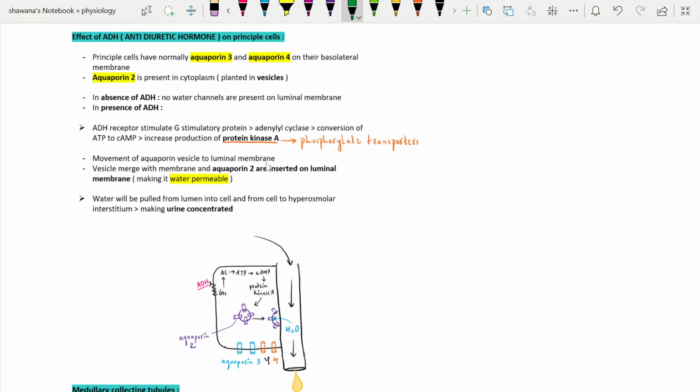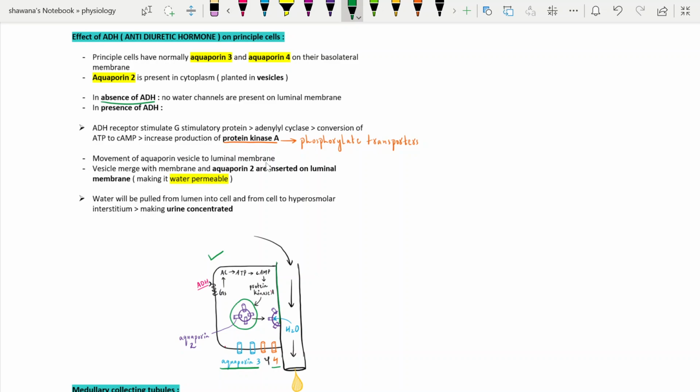This is a special principal cell, and on the basolateral membrane it has aquaporin 3 and aquaporin 4. Aquaporins are special water channels that are present in specific cells, embedded in the membrane, more specifically the basolateral membrane in the case of the principal cells. Number 3 and number 4. And aquaporin 2 is also present inside the cytoplasm, but it is planted in the vesicles. So first of all, in the absence of ADH, when there is no ADH, no water channel is present in